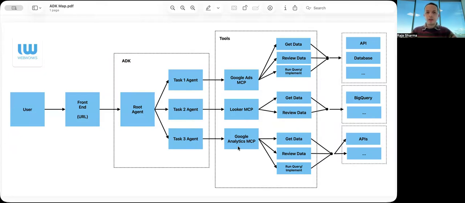Today, we're going to talk about ADK, which is the Agent Development Kit from Google. It's not a new platform, it's been there for a while, but it is more and more used these days because of all the talks about AI and having your custom agents and all the things that they can basically do. So today, we're going to talk about the structure of how ADK and the agents work